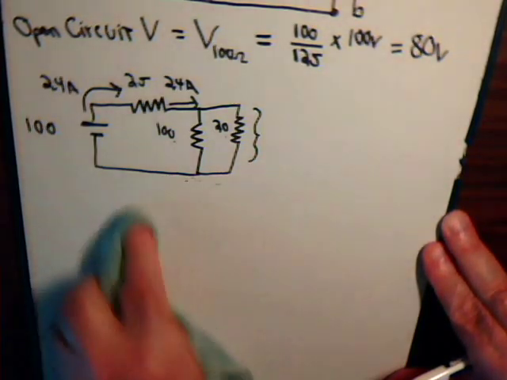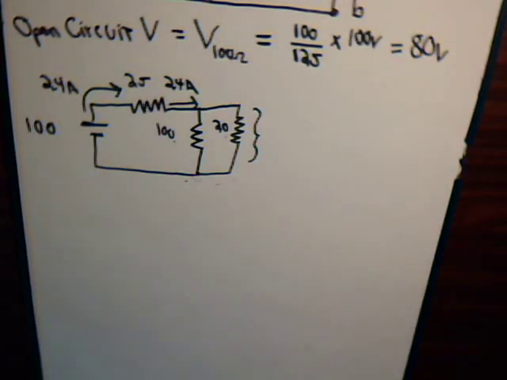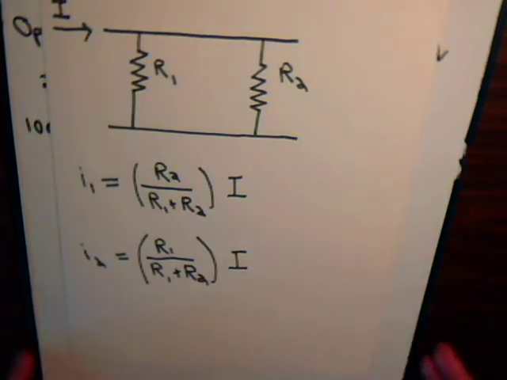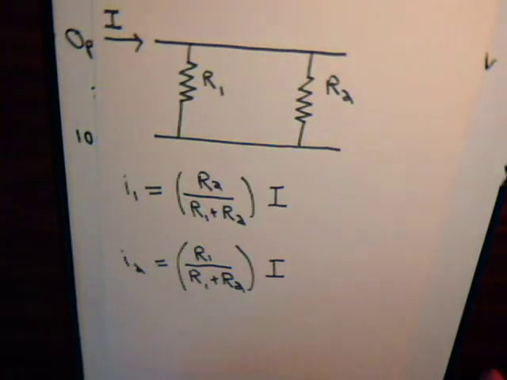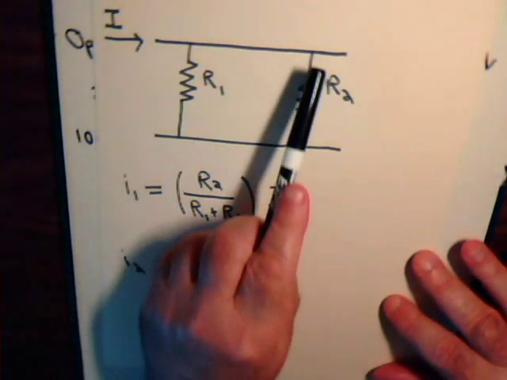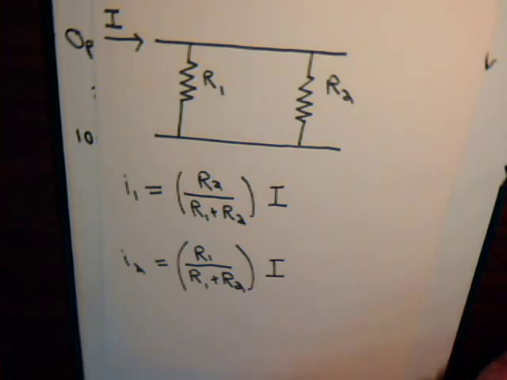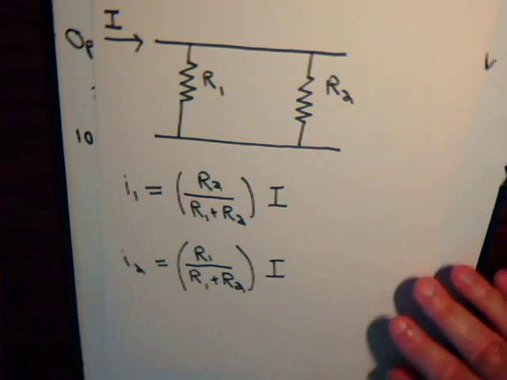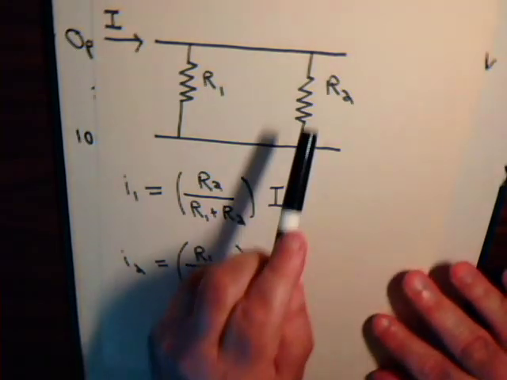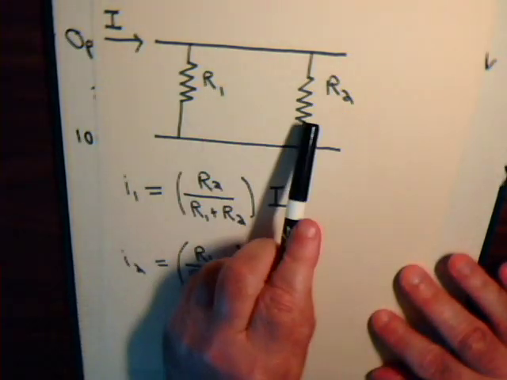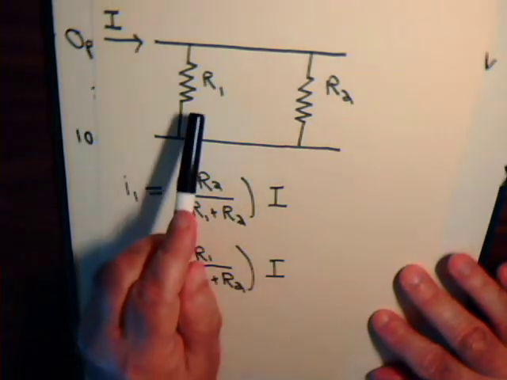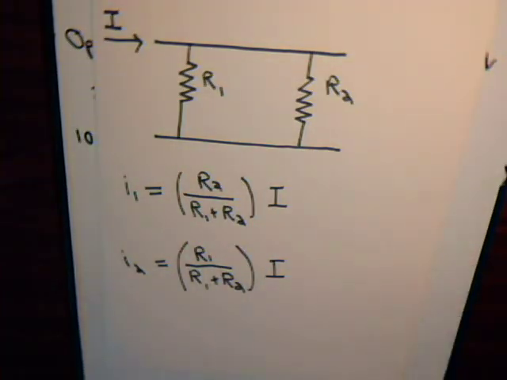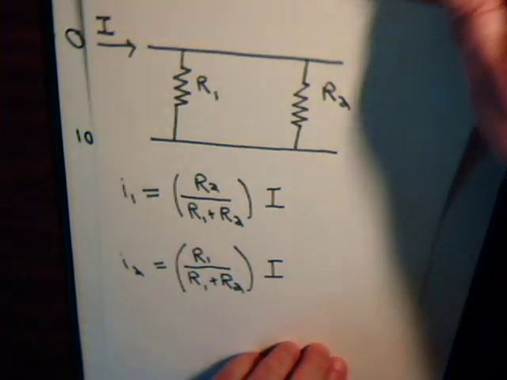Remember, I believe it was from our second video, that when you have a current supplying two resistors that are in parallel, if we want to know, say, the amount of current that goes through this resistor, that is equal to, in the numerator, the value of the resistor opposite this one divided by their sum, times the current that's going into those resistors. So here then,